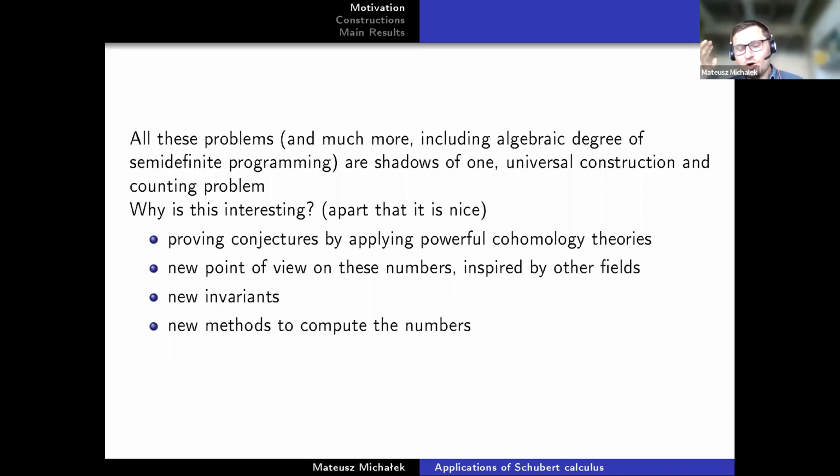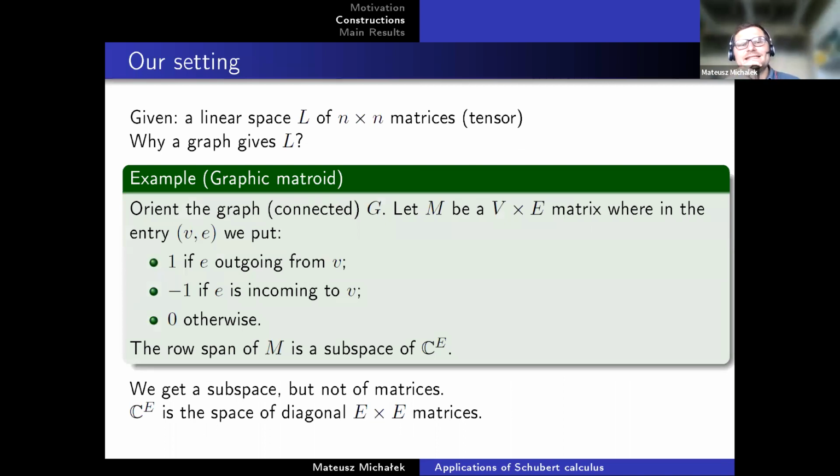Okay, so I said in all these problems there was something given. Sometimes it was a graph, sometimes a statistical model, sometimes a linear space of matrices, sometimes a number of quadrics. But I claim what is actually given is a linear space of n by n matrices. I claim that in every single instance, what was given was a linear space of square matrices. For people who like tensors, you can also say that a tensor is given.